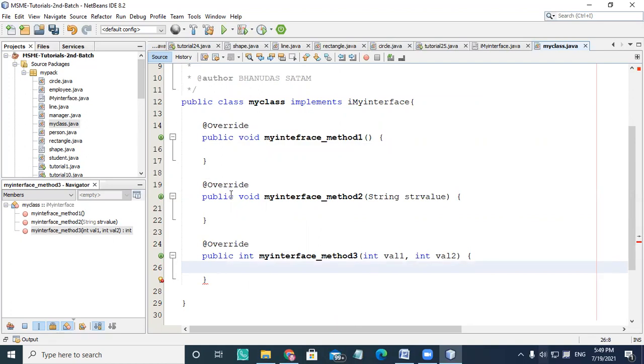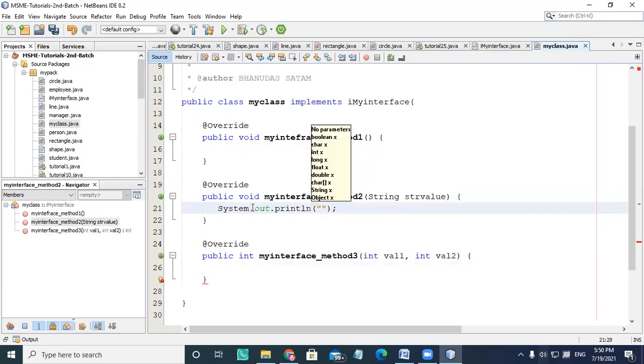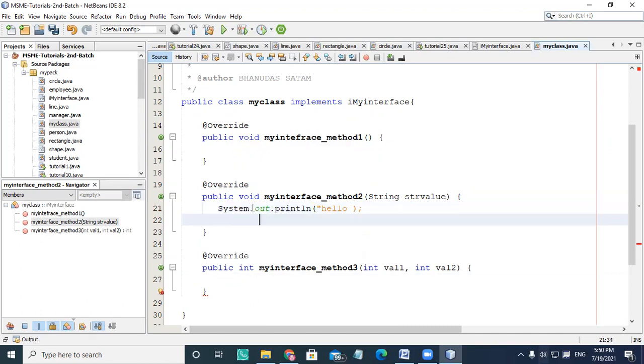I'm using my interface method which is taking a string value as a parameter. So I'm writing a body, System.out.print, and say hello, then I'm using plus, and inside that I'm going to use the string value, str value. Whatever value you are setting, that value simply prints.